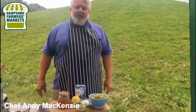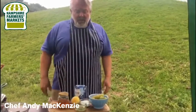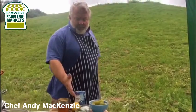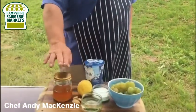Today we're going to put a little video together with gooseberries. We're going to make a simple gooseberry fool, but with a bit of a twist. We're going to be using some elderflower cordial, just some zest of lemon and some lemon juice, some local honey,